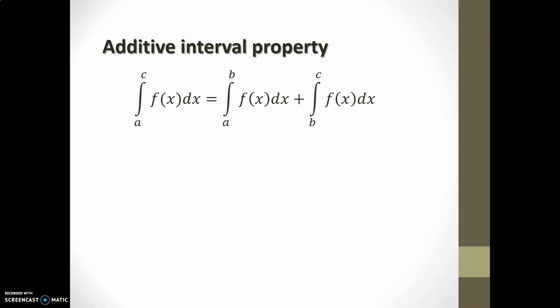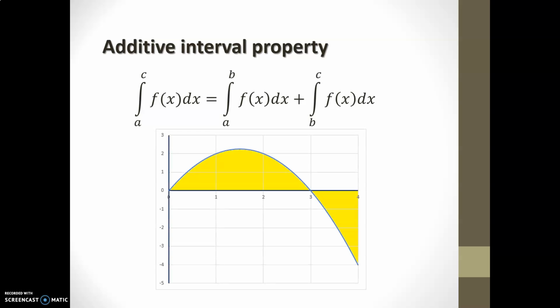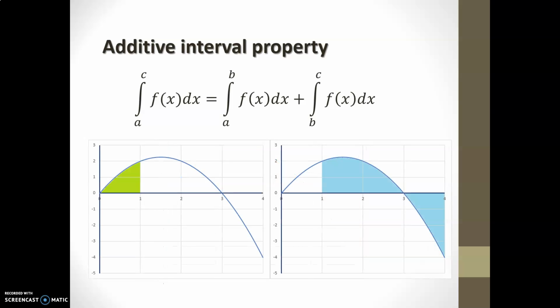Here's a depiction of why this property is actually true. Consider a region whose net area is being calculated from 0 to 4. We have a parabola acting as the integrand, and the net area would be the result of the integral from 0 to 4. According to the additive interval property, this net area would be equivalent to the addition of two net areas, the one between 0 and 1, to which we would add the net area between 1